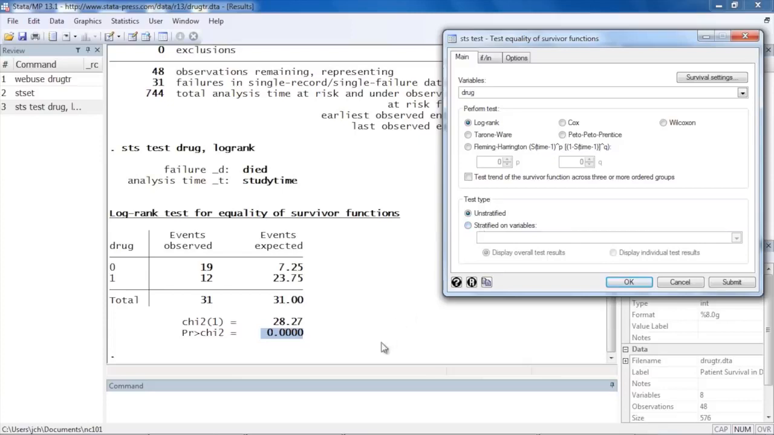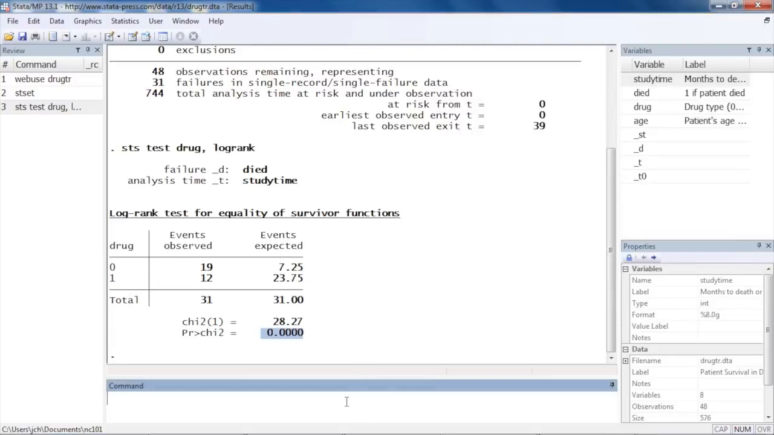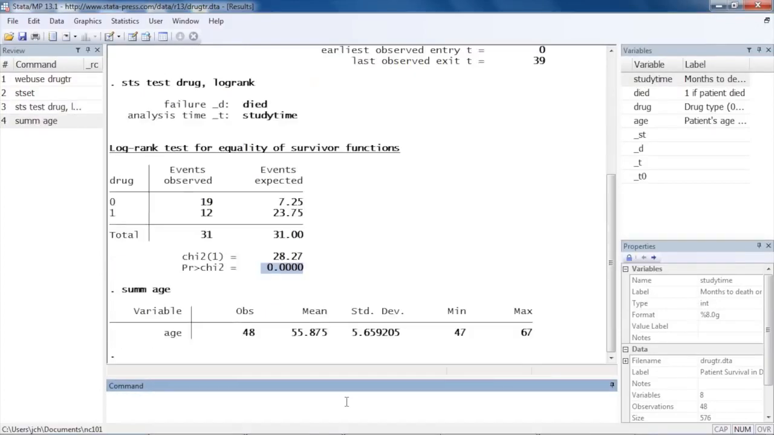So let's summarize the age variable by typing sum age, s-u-m, as an abbreviation for summarize. And here we see that age ranges from 47 to 67 years. And so we could create a new variable with age categories for subjects in their 40s, 50s, and 60s using the recode command. So we could type recode age